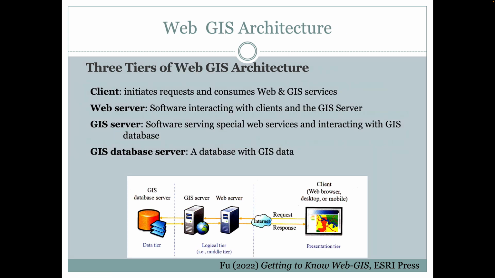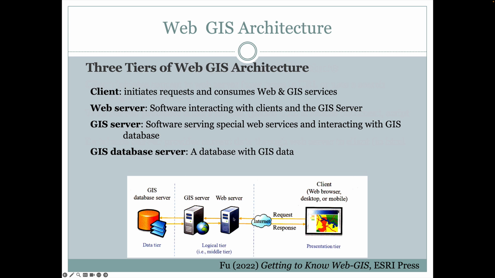With WebGIS architecture, we add a couple different components here. There's also a GIS server in addition to the web server, and there's this GIS database server, which is specific to geospatial data. So now perhaps a client is no longer on a simple web page, but they're on an interactive web map, and they could be on that web map in a browser or on their desktop ArcGIS Pro or in a mobile app, any of those things,